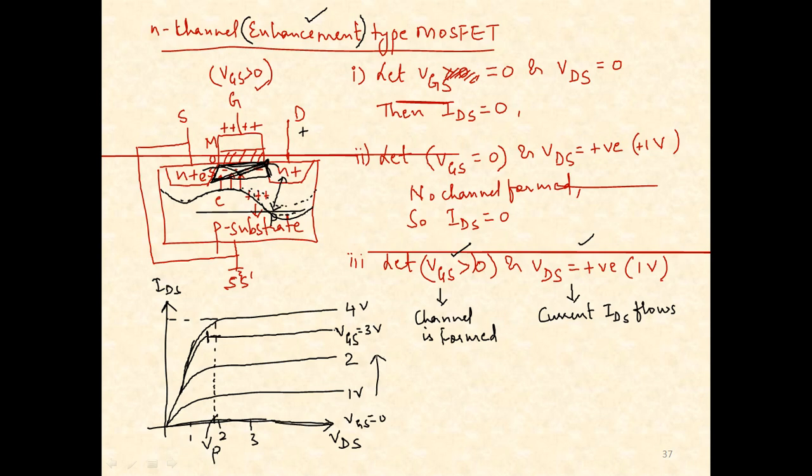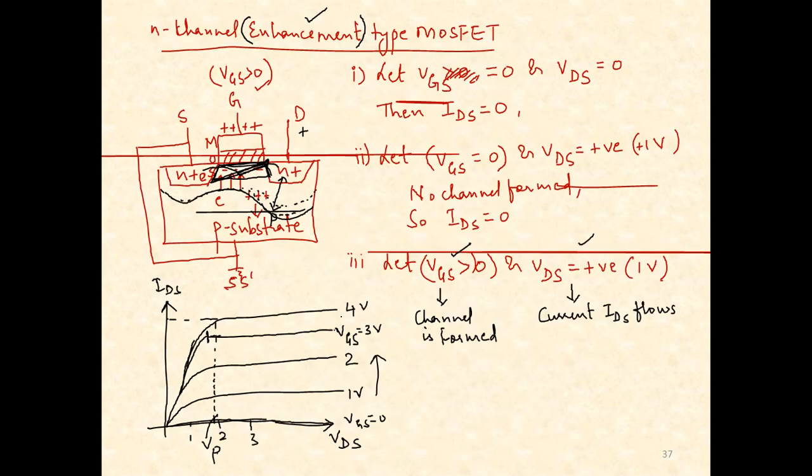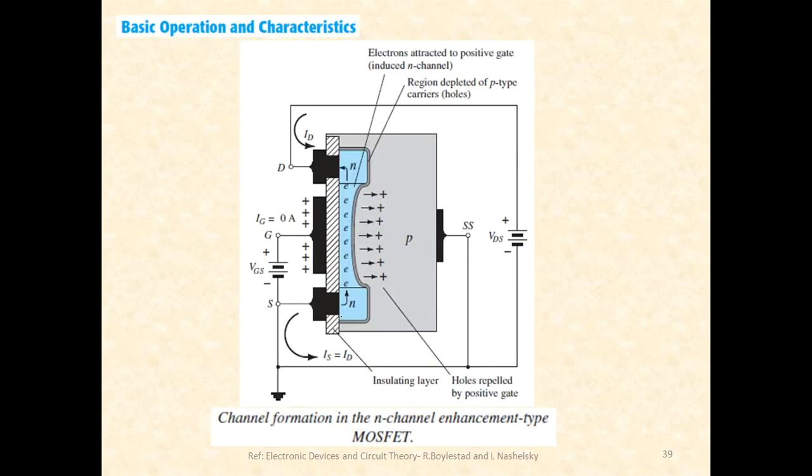So, very quickly we shall just go to the diagrams which are given in the textbook. Now, this structure is tilted by 90 degrees when compared to the diagram which I have drawn here. But it should not confuse you guys. Just observe, I'll try to correlate the things. So that's the source, that's the drain.